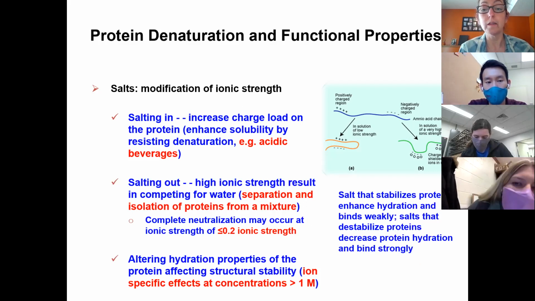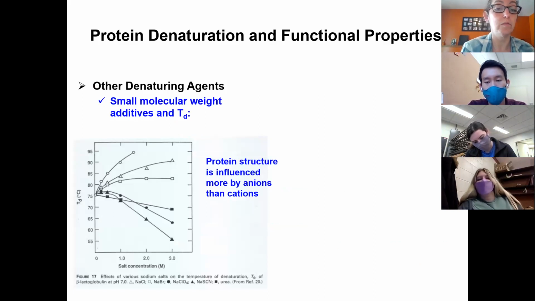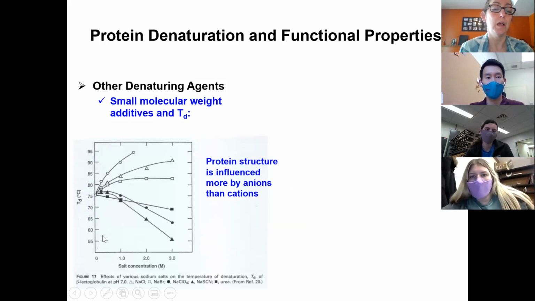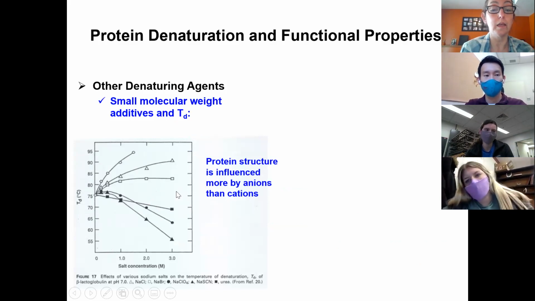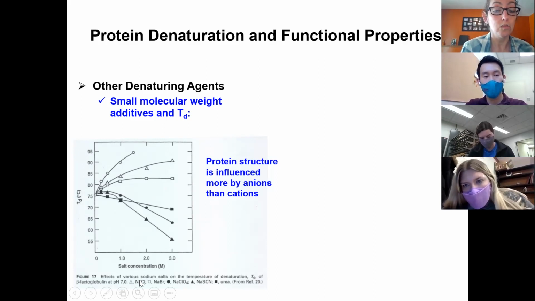So there are different types of salts. There are salts that stabilize the protein, and then there are salts that destabilize the proteins. So if we look at this figure here, you have temperature of denaturation, and then you have different types of salts. And the anion salts impact denaturation more than cation salts. So for example, here, NaCl,